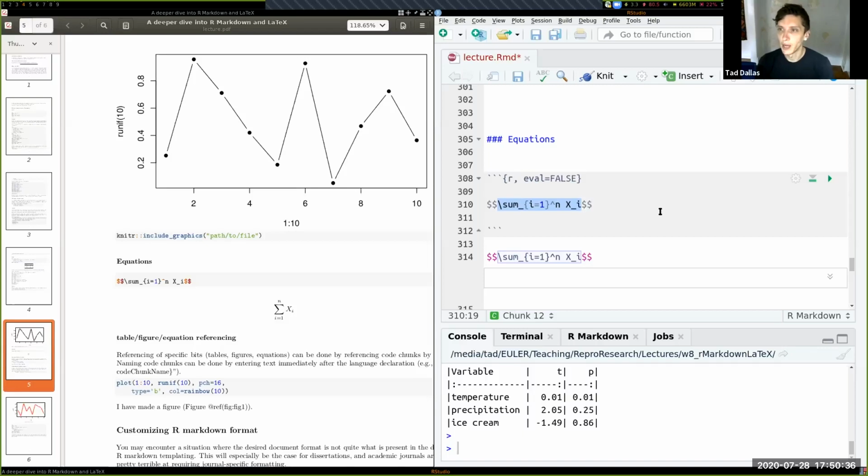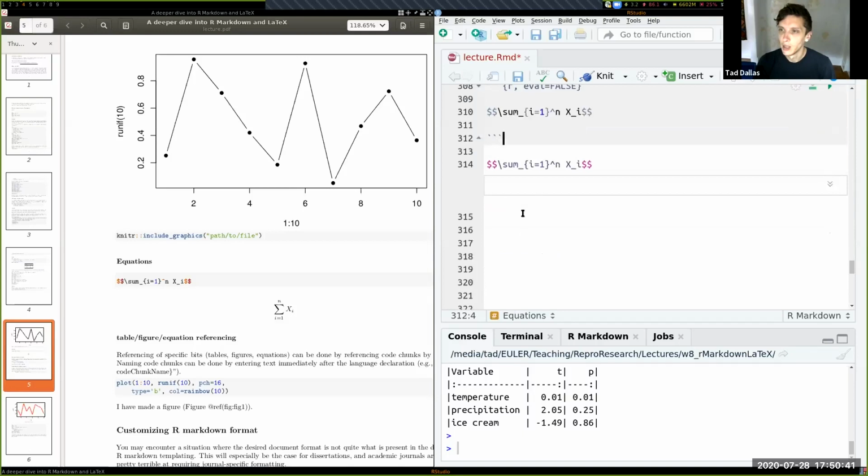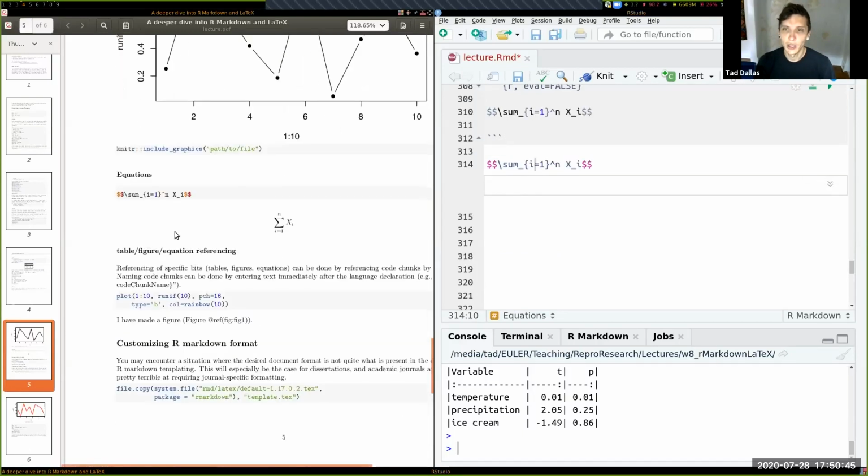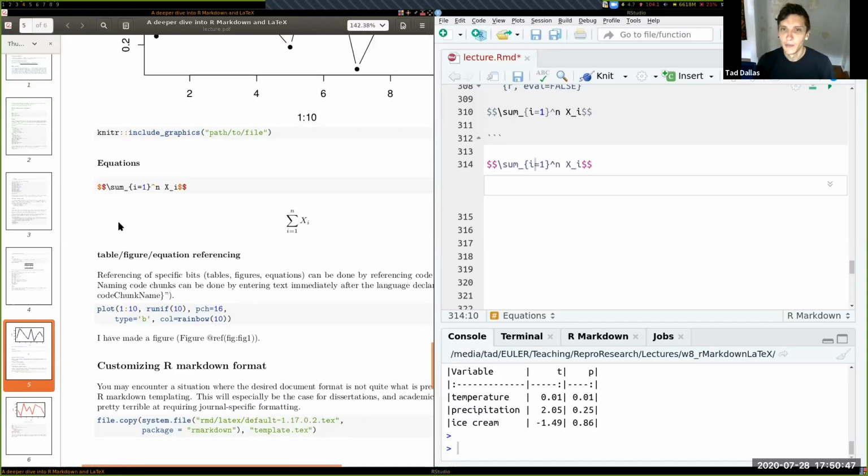So here I'm showing the actual code itself, and then you see in the compiled PDF the code to make it, and then what the actual output is, which is this summation for i equals 1 to n of x sub i.